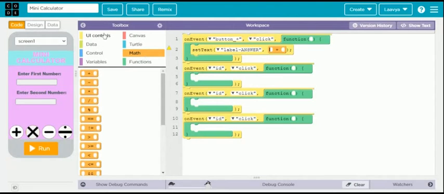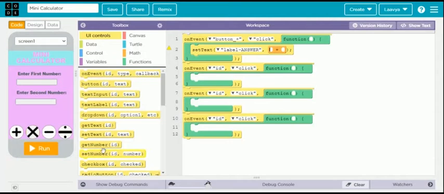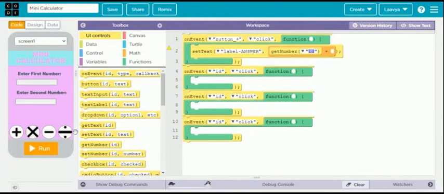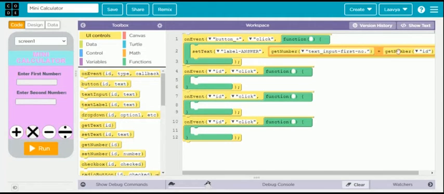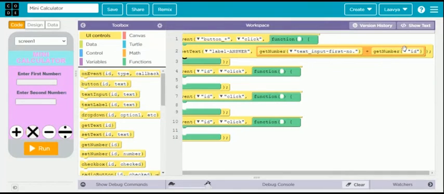And from what, two numbers will be added, so we'll take get number. On both sides we'll put get number. So get number from ID, first the first text input first number, and then text input second number. You can just drag it over here so that it is easy.